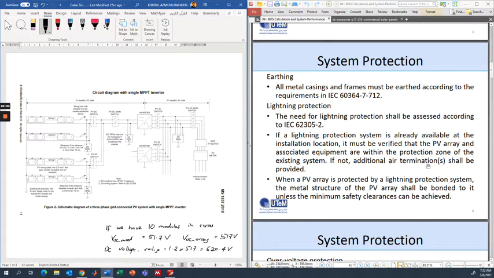Now, the topics of lightning protection and earthing are covered very lightly in our lecture, just to provide some background knowledge. Later on, you can do some more reading to find out about the specifics of lightning protection and earthing protection.